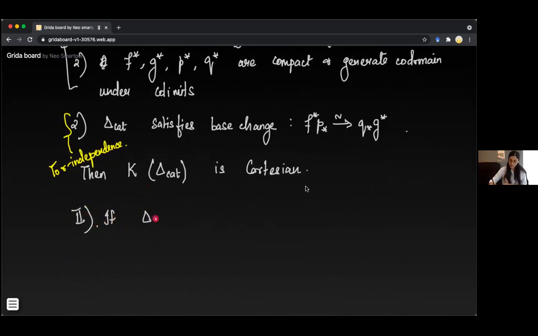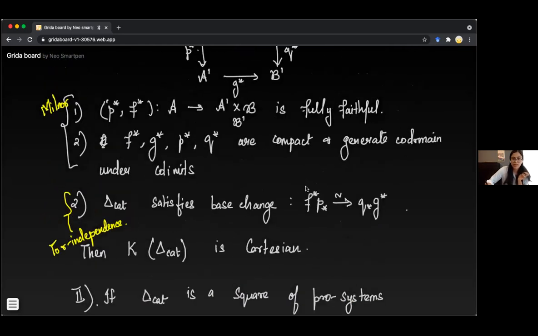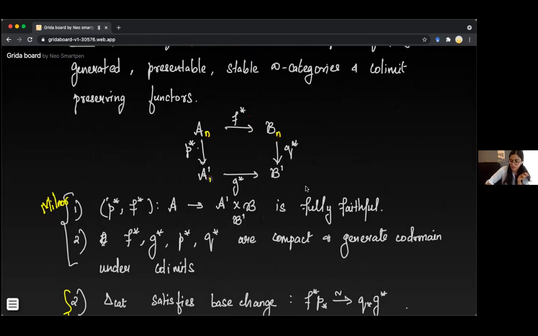So if delta is a square of pro systems, along with all the properties that we had before, that is, all the categories are presentable stable infinity categories, and functors are all colimit preserving, that means I have some A_n, B_n, A prime n, B prime n, and for each n you have such squares. So it's a diagram of such categories